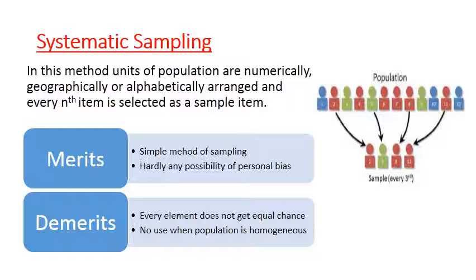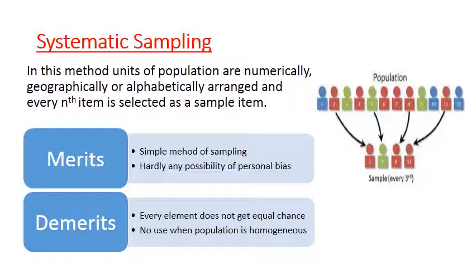For example, here in this example, every third element has been selected for the sample. Say the second was selected, then every third element is selected: the second element, then every third, fourth and fifth element, and after that the eighth element is selected, and after the eighth, the 11th element is selected. So the first element is selected randomly, and after that every nth item is selected for the sample.